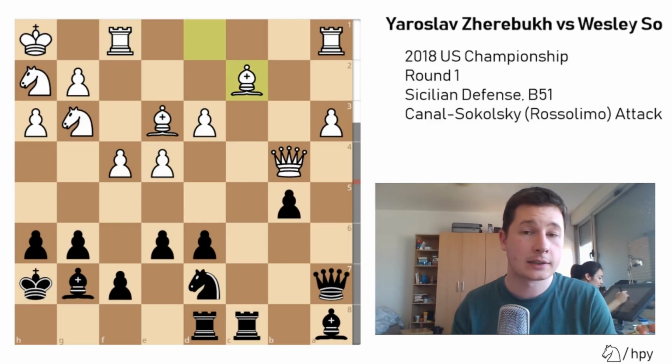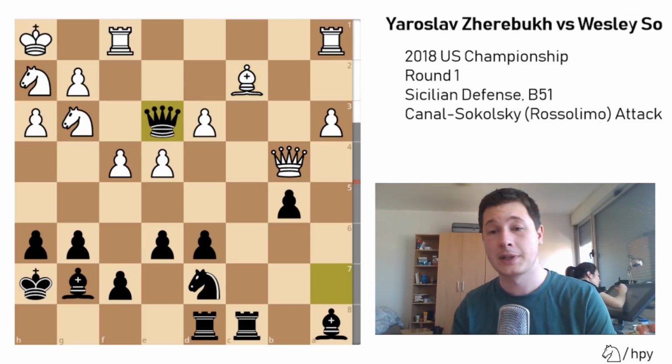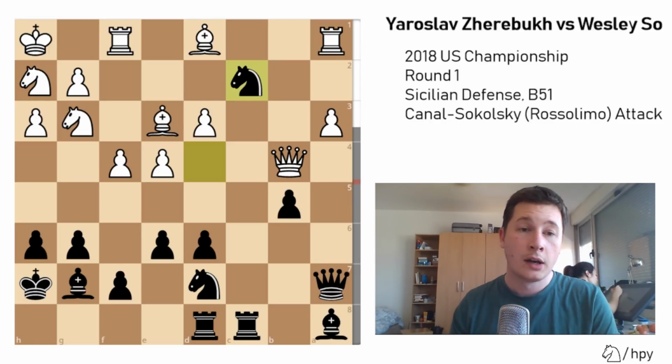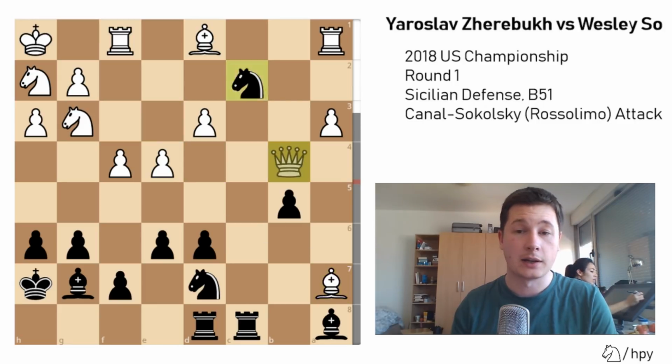So taking the bishop with the knight was best, and letting black capture the dark squared bishop. This would be the lesser evil move. But after knight to c2, Zherebukh actually decided to grab the queen, and after bishop takes f7, knight takes b4,